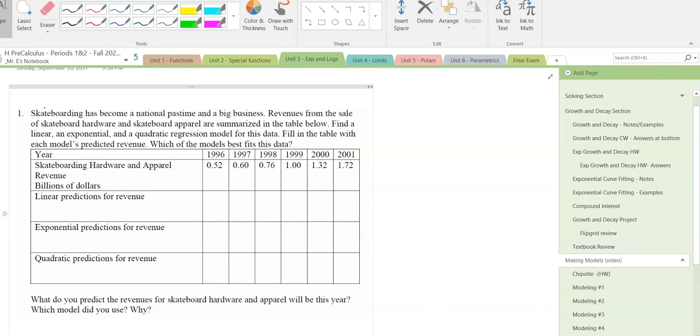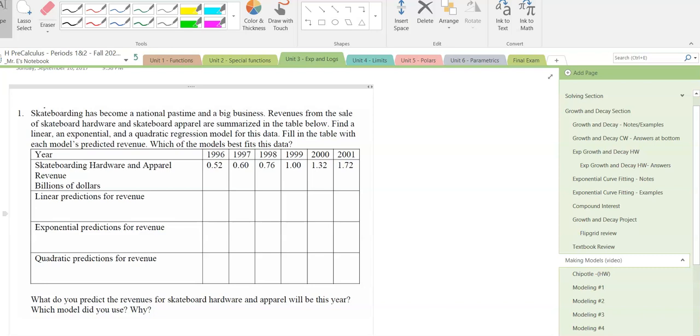Okay guys, I'm going to talk to you today about how to develop linear, exponential, and quadratic predictions based on a data set. So in your OneNote, you have this example, and this is basically showing you information about skateboarding. It says skateboarding has become a national pastime and a big business. And so we have the revenues from the sale of skateboard hardware and skateboard apparel, and it's being summarized in